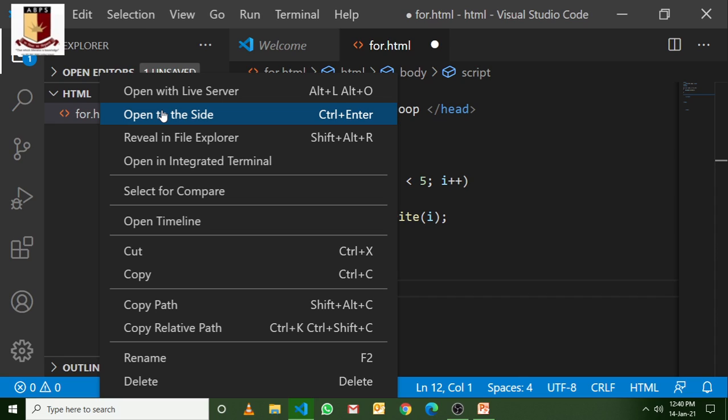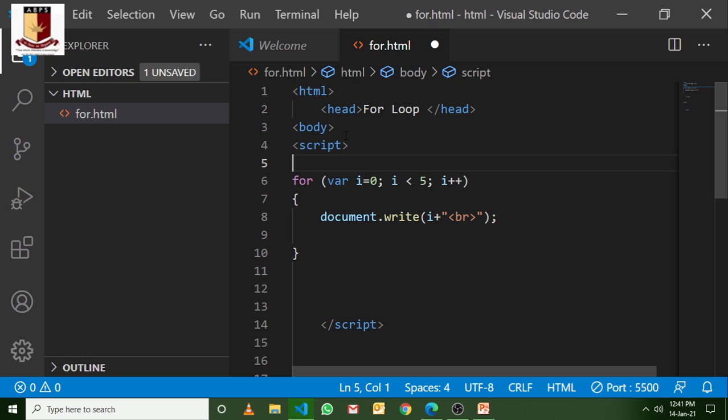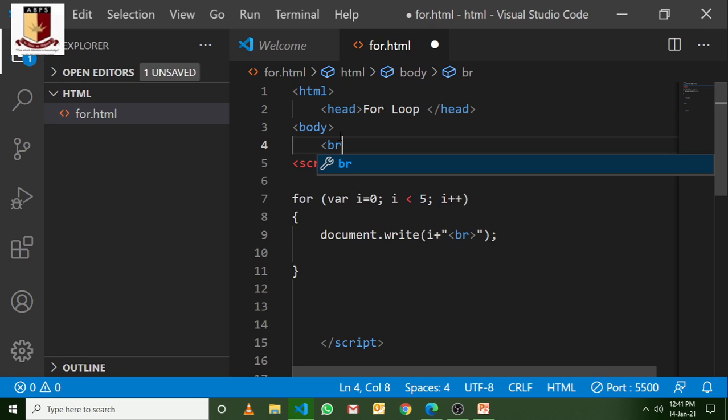So what we can do, just move back to the program here. Plus we are concatenating and apply a break tag. Before starting here, give some break also here, br tag. So this for loop will be separated. Now save it and run the program and just check what will happen. This time it will be separated. Now 0, then break, then 1, then 2, then 3, then 4.